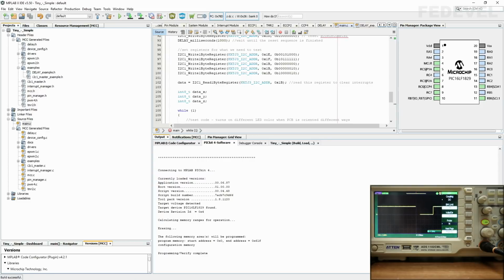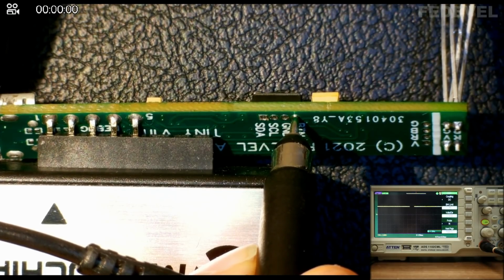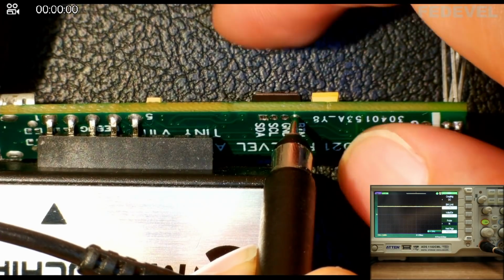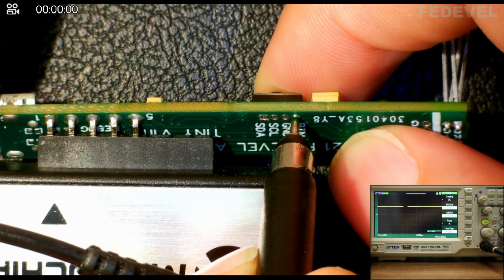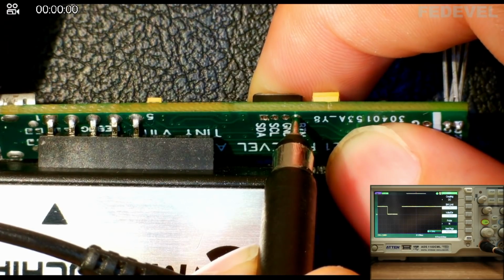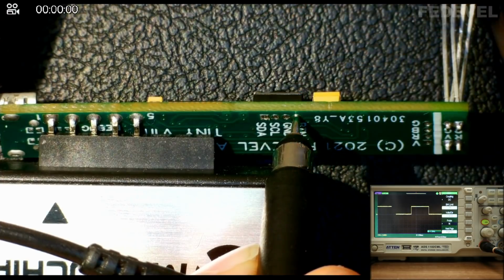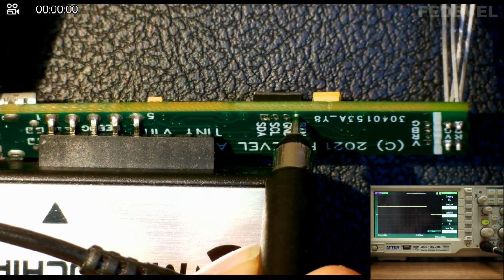Perfect, this is working. When we go back and when I press the push button, we should see the signal going low. Okay, perfect. So hardware is working correctly.